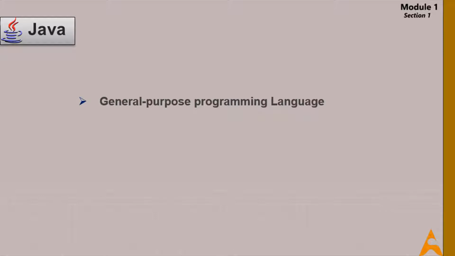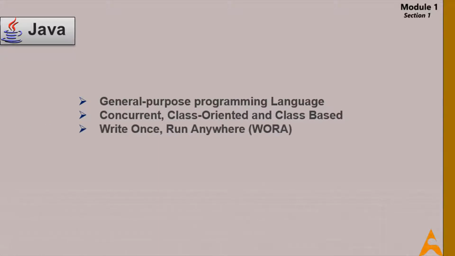Java is a general-purpose computer programming language that is concurrent, class-based, object-oriented, and specifically designed to have as few implementation dependencies as possible. It is intended to let application developers write once, run anywhere, WORA, meaning that compiled Java code can run on all platforms that support Java without the need for recompilation. Java applications are typically compiled to bytecode that can run on any Java Virtual Machine, JVM, regardless of computer architecture,